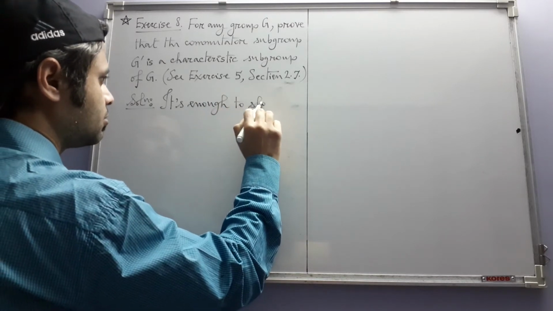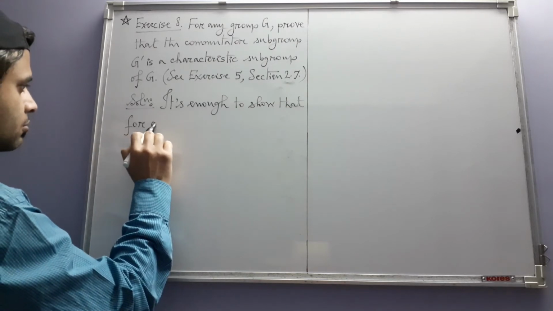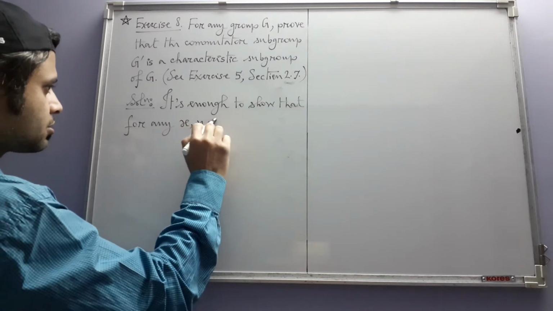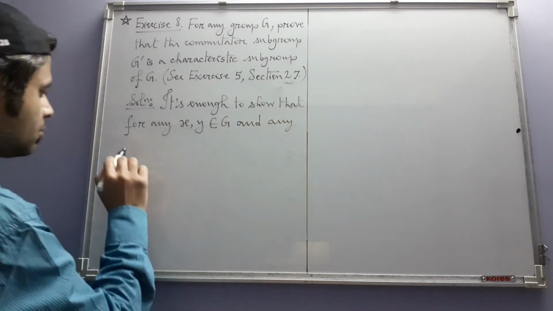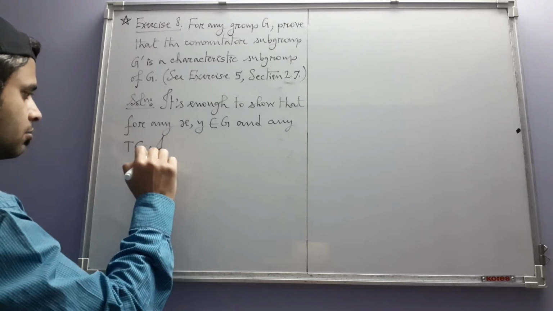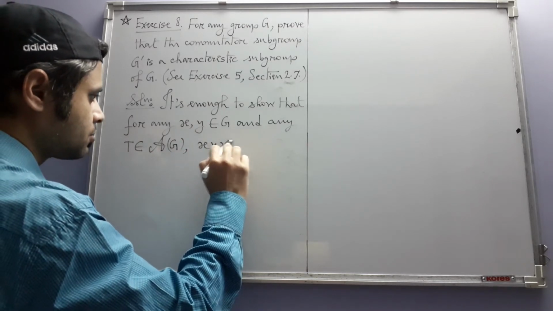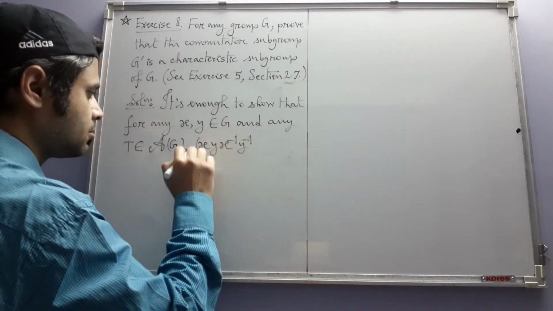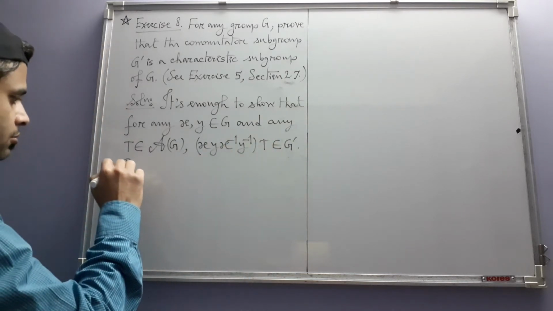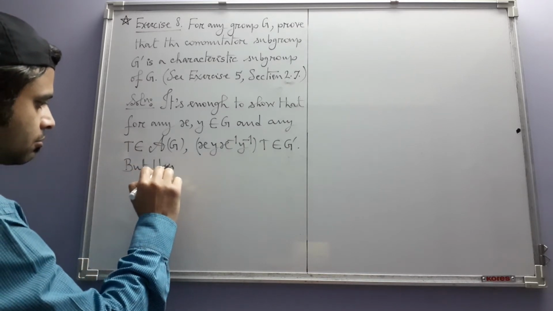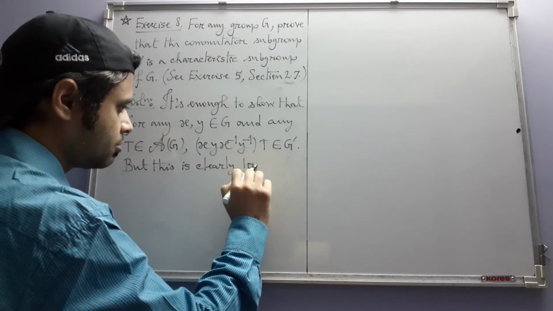It's enough to show that for any elements x and y in G and any automorphism T of G, the image of the commutator x y x inverse y inverse under T belongs to G prime. But this is clearly true